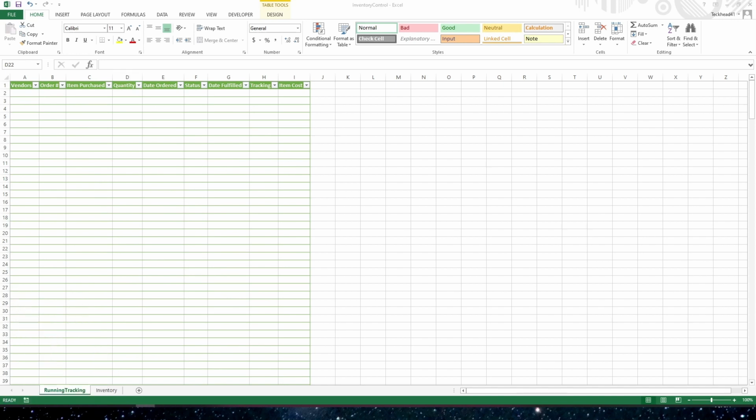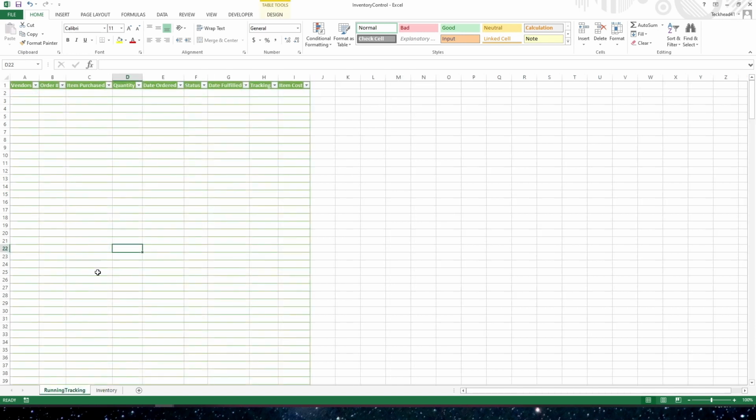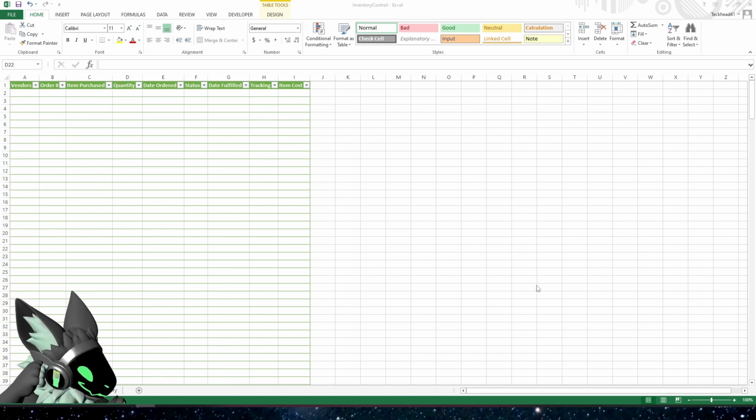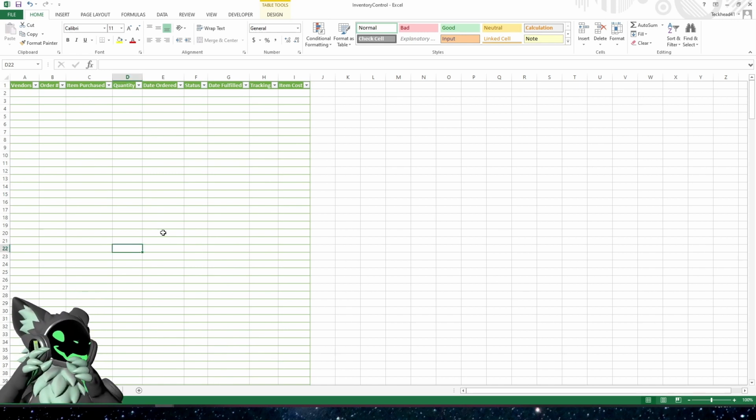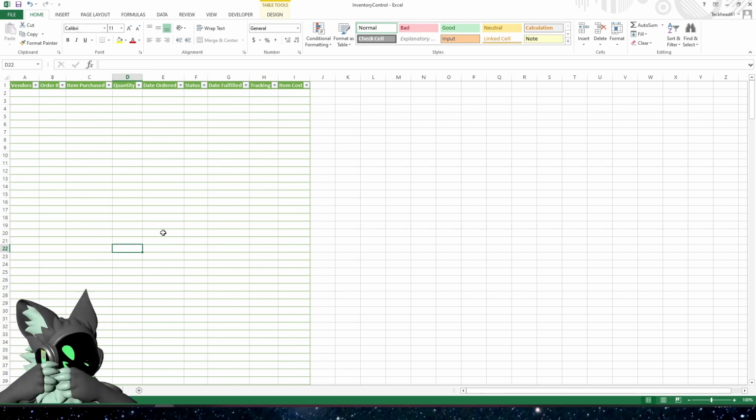Okay, so the non-silent version, the non-mime version of what I just did: we got two tabs. We got our running tracking tab and our inventory tab, right? The whole point of what I am working on to show you this evening is if you do any kind of sales, if you're selling commissions or selling stickers across maybe more than one platform,